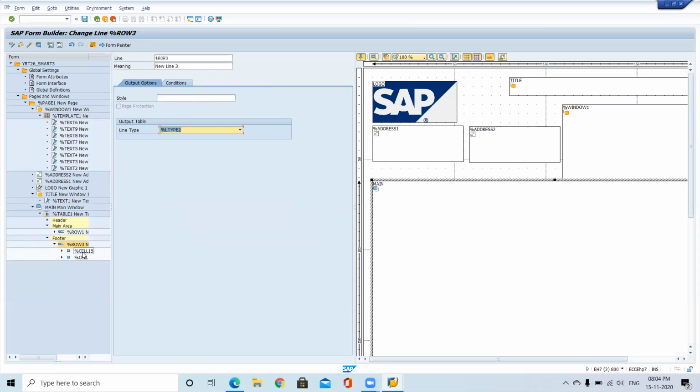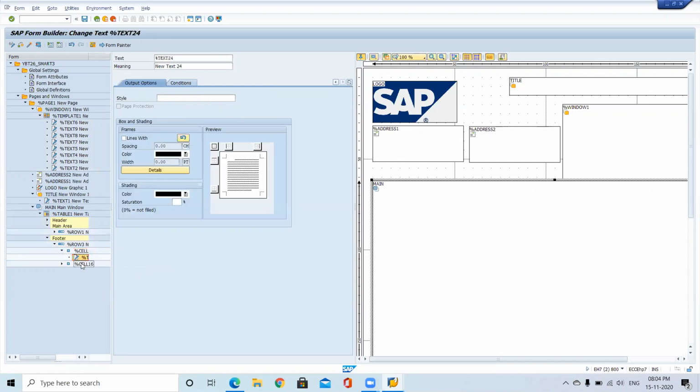So if you want to write something here, just right click, create text. So here if you want to print something, create text.